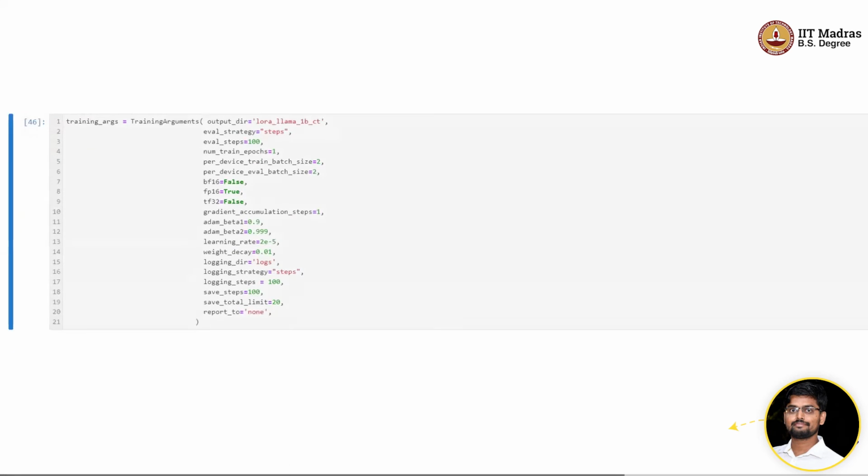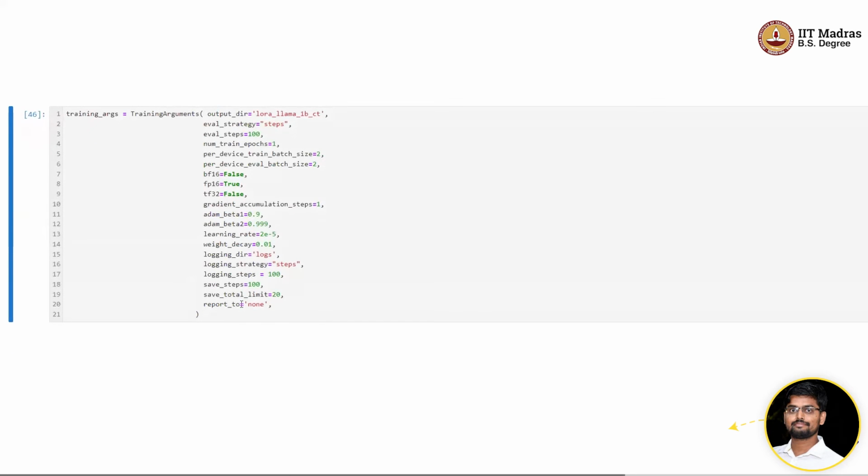Now the training is nothing different from GPT-2. The only change is that we converted the model to a PEFT model via LoRa. There are other adapters, but we prefer LoRa. So we just converted the model to a LoRa model, and the entire training procedure remains the same. So it is well integrated with the trainer.